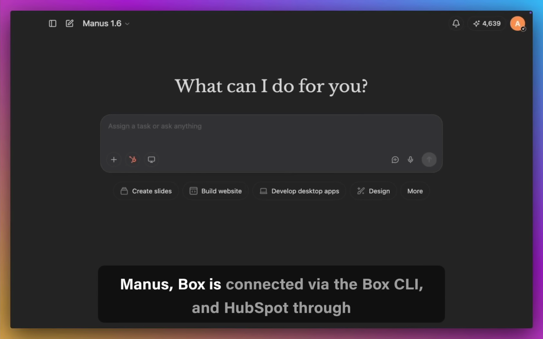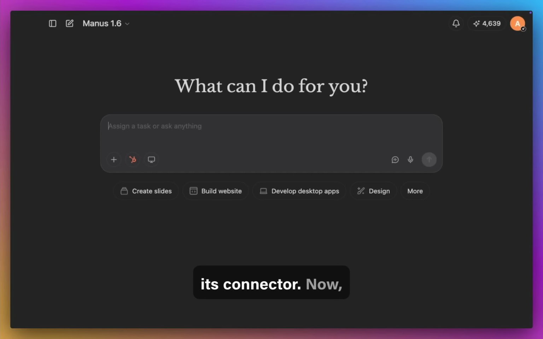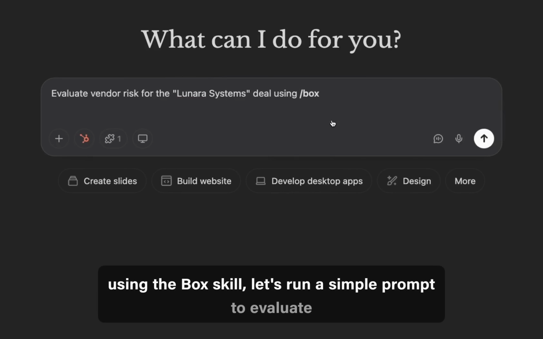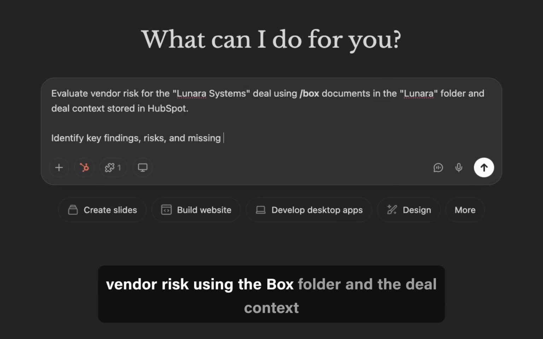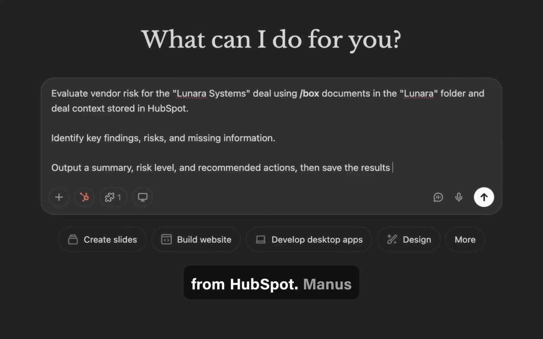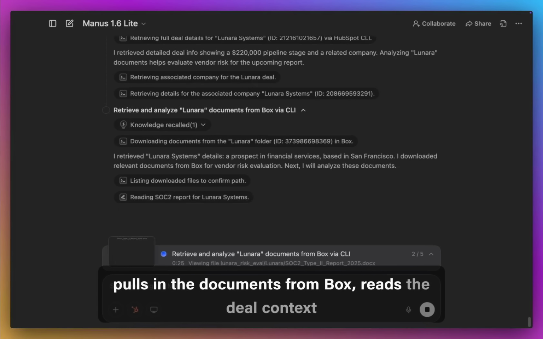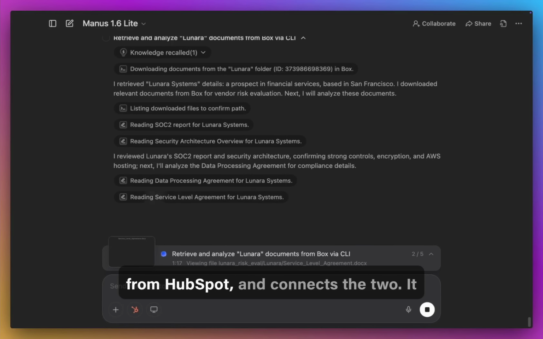In Manus, Box is connected via the Box CLI, and HubSpot through its connector. Now, using the Box skill, let's run a simple prompt to evaluate vendor risk using the Box folder and the deal context from HubSpot. Manus pulls in the documents from Box, reads the deal context from HubSpot, and connects the